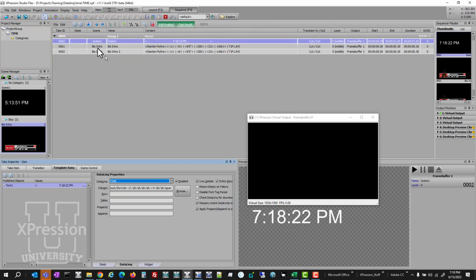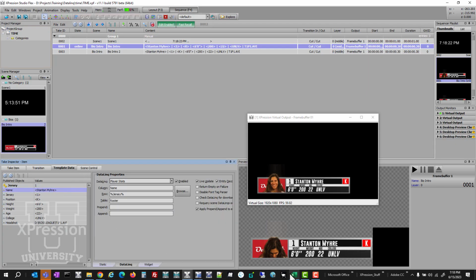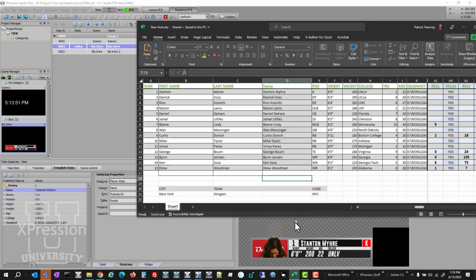Now, this also works properly if I'm doing statistical pages. So you can see here, if I take this page and I put this online, you can see that I'm getting the data information from this particular graphic. And you can see the player's name is Stanton Meyer. And if I go to the original DataLinq source, which is an Excel spreadsheet, if I change that player's name to